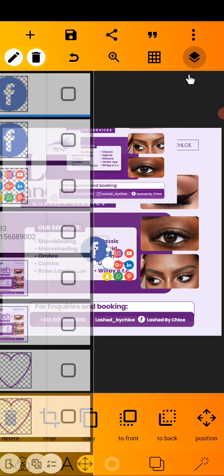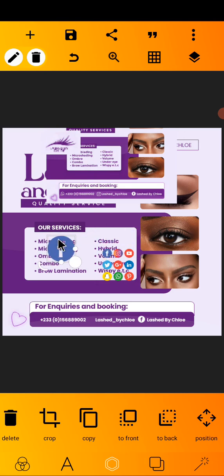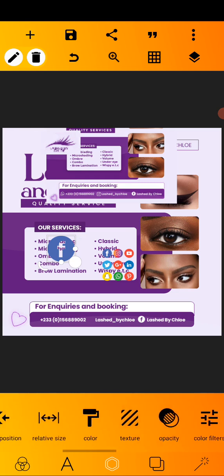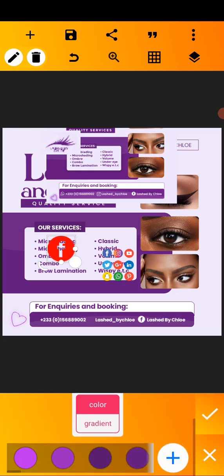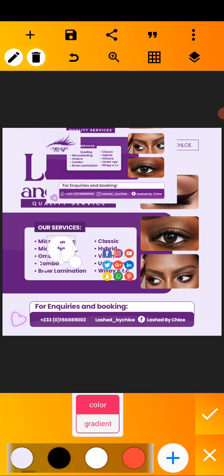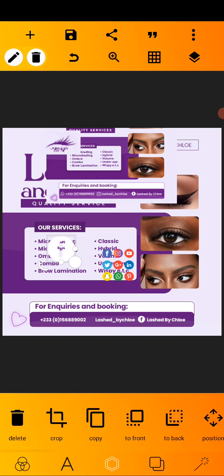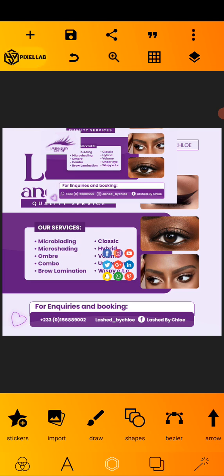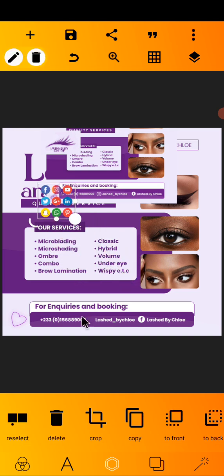So after doing that, I can change the color now very easy. So I'll just go to color. You can change it to any color. After doing that, you position it to wherever you want to position it. So for the WhatsApp, I'll duplicate, crop,